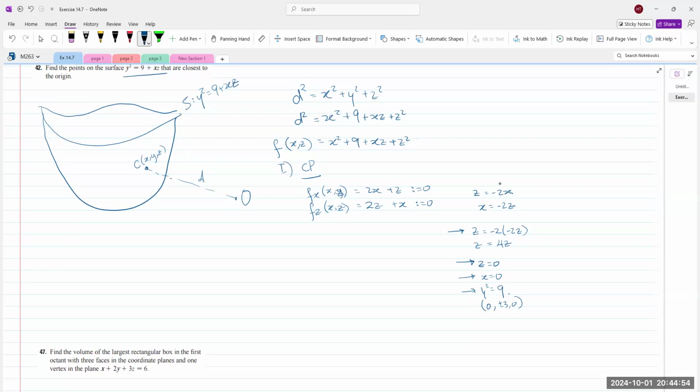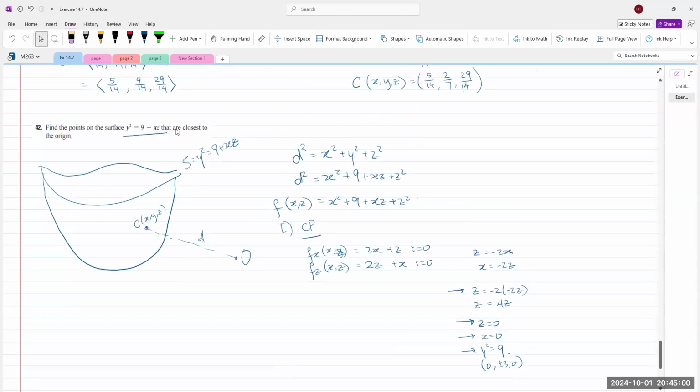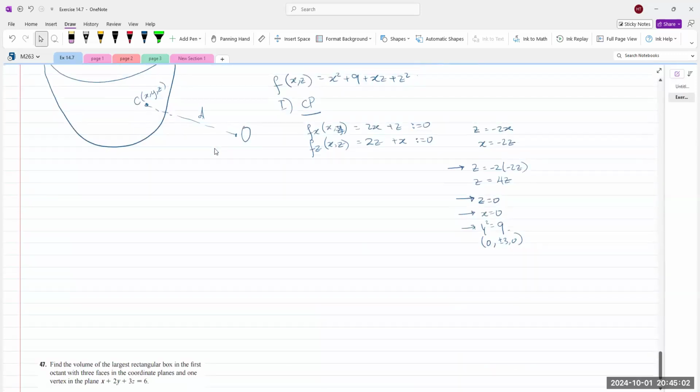Okay, now we don't have any boundary, so we need the closest one. So we need to show that these coordinates here will give us the shortest distance, which means we want that to be a local minimum, which means when I do the second derivative test